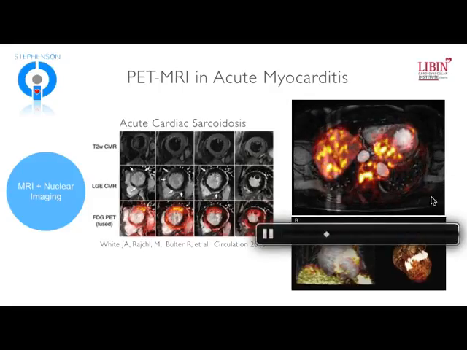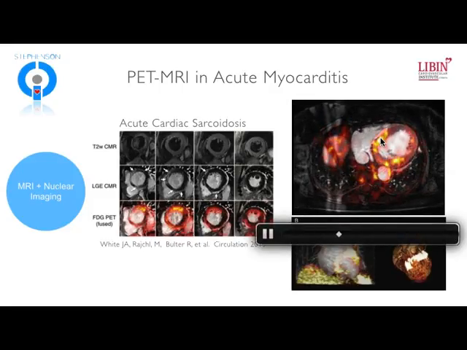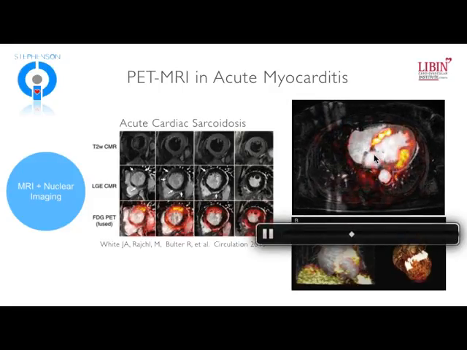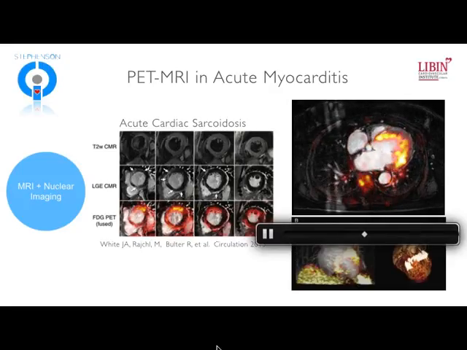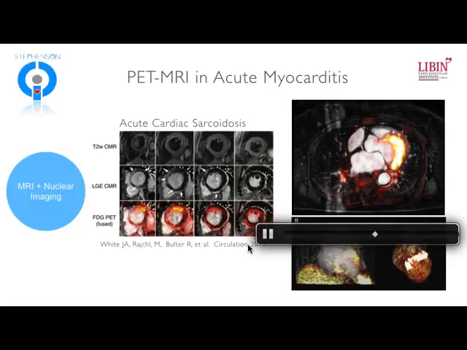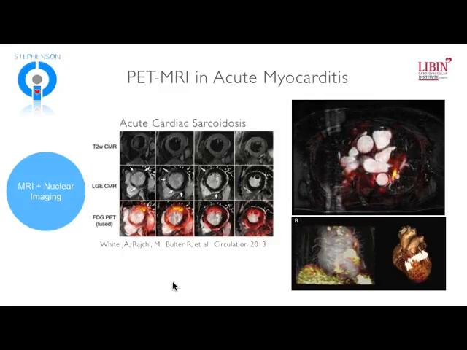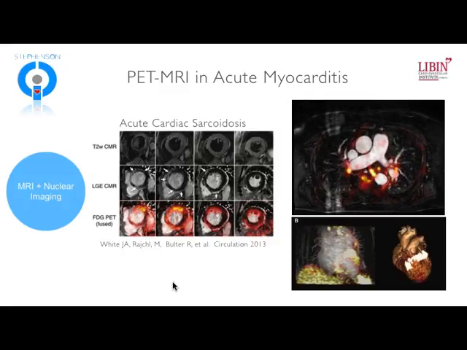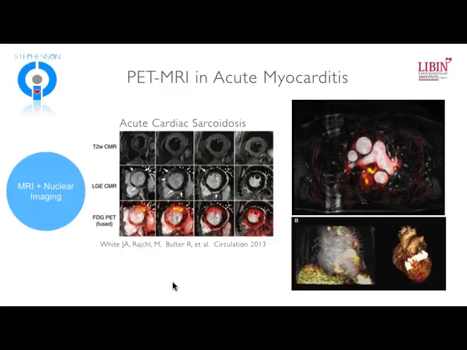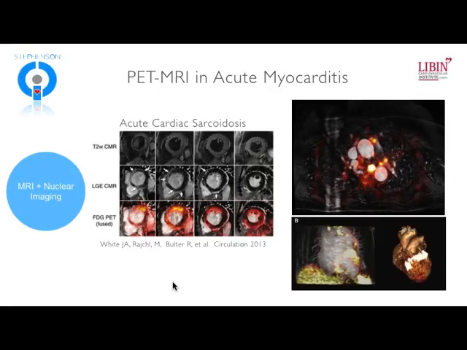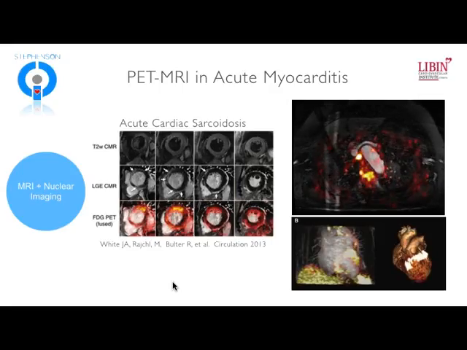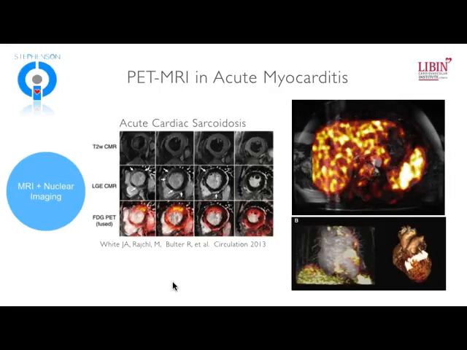And if we look at this tomographically, you'll be able to see that, again highlighted in white, are the areas of late gadolinium enhancement. We've got complementary information between FDG PET and late gadolinium enhancement. And so just to pause on this for a second so we understand what the FDG is actually doing.